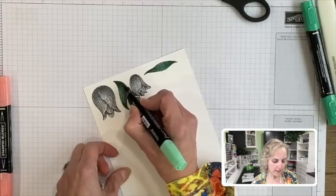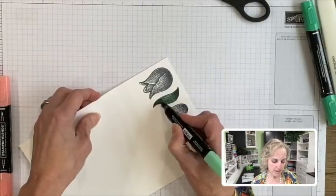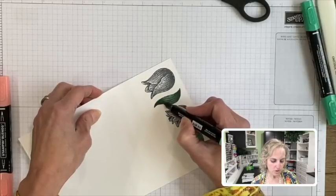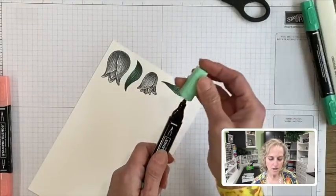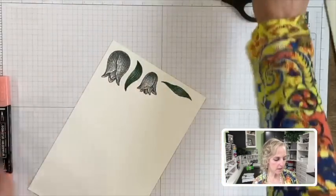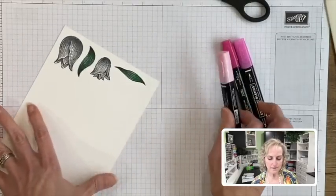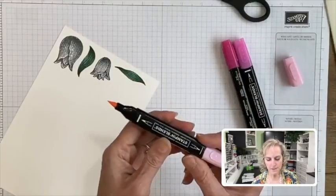So we've got our leaves done. Now the flower we're going to do next is the pink one. The pink one, we're going to use 3 markers, and I am using 2 that coordinate just like I did here with the leaf. I'm using the dark and the light Lovely Lipstick colors, but then I'm bringing in another pink, and it comes in a combo. So this is